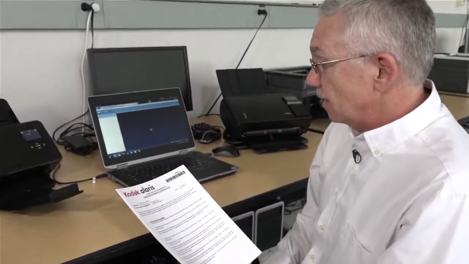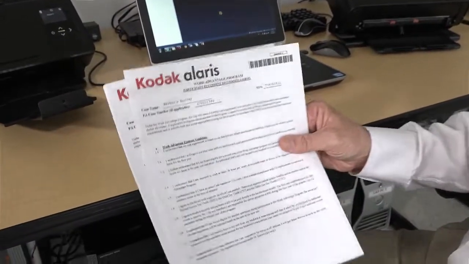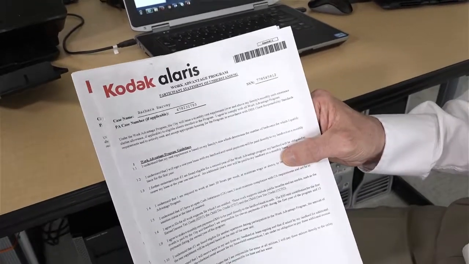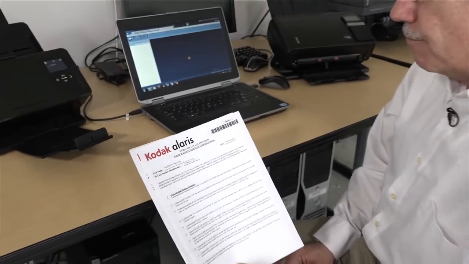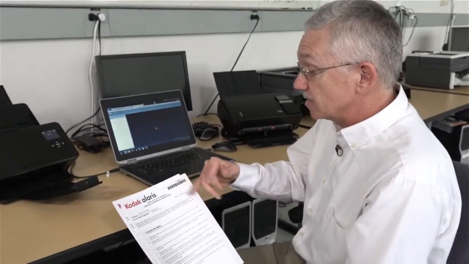So let's take a closer look at Info Input Solution. We're going to be doing distributed scanning using Alaris i1190 scanners at bank branch offices, and we're going to be scanning housing application forms. You'll notice these forms do have a barcode on them, so we're going to be taking advantage of some of the advanced indexing capabilities of Info Input Solution by doing a document separation and barcode indexing